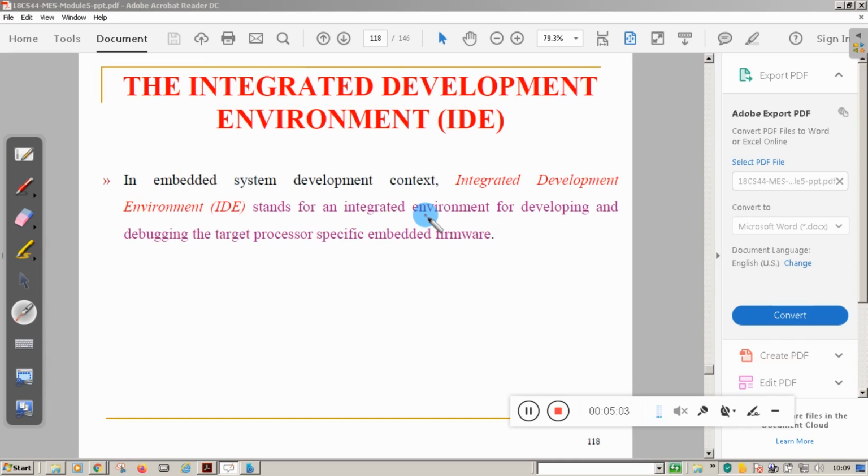For example, suppose you are going to interface an analog to digital converter, or you are going to interface an LCD to the LPC2148 kit. At that time you develop the program for the target processor. That is done with the help of integrated development environment software, the IDE.